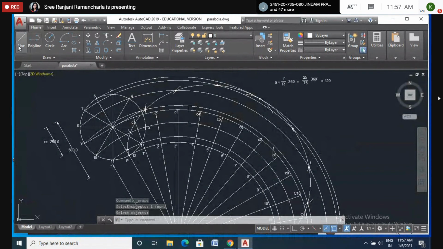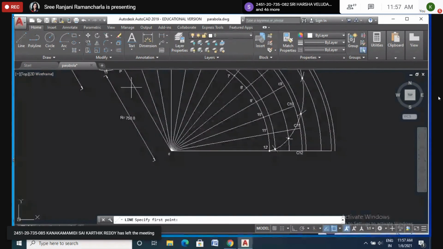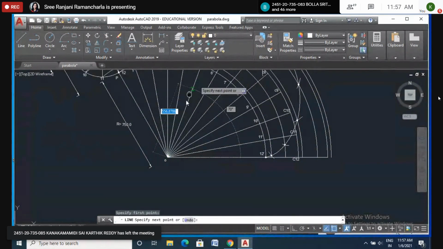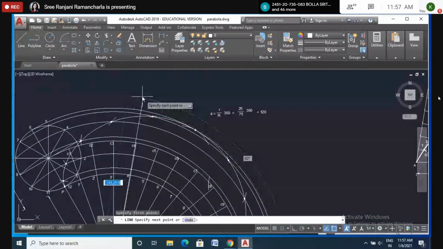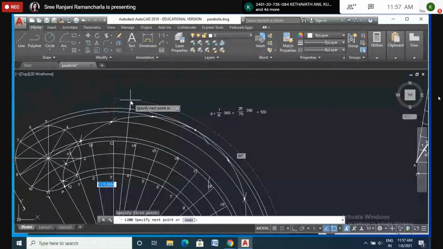So what it's saying is measure 8.5 centimeter from the center of the directing circle. So from here, I will draw 8.5 centimeter. Anywhere I can draw. If I want to keep here, I will keep my cursor here, so it will show here only. 8.5 means where it is cutting. Otherwise, I will draw the curve line.